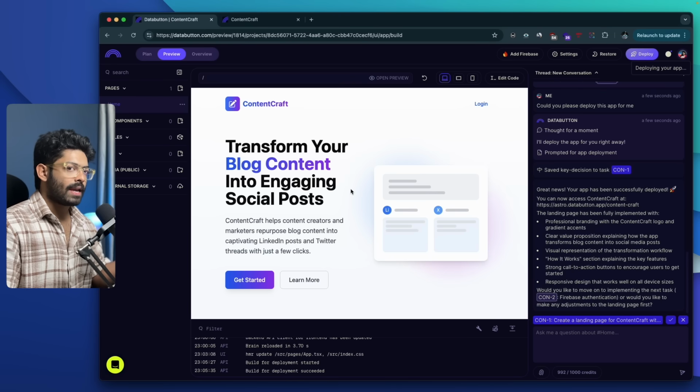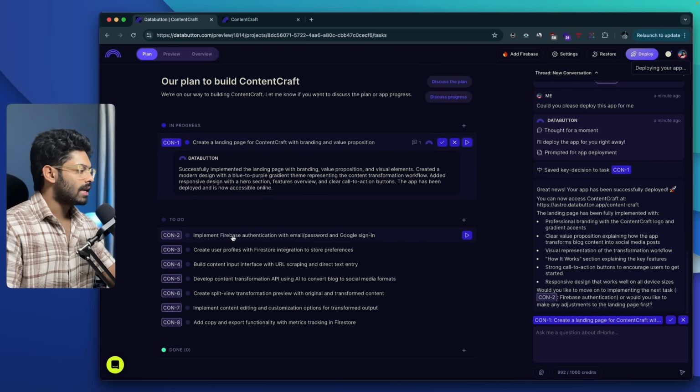So basically these are some agentic tools within Databutton, and we have many more of them, and I'll show you that in a bit. But for now, I'll move over to the plan section. Let's implement Firebase authentication. So I'll go ahead and say,